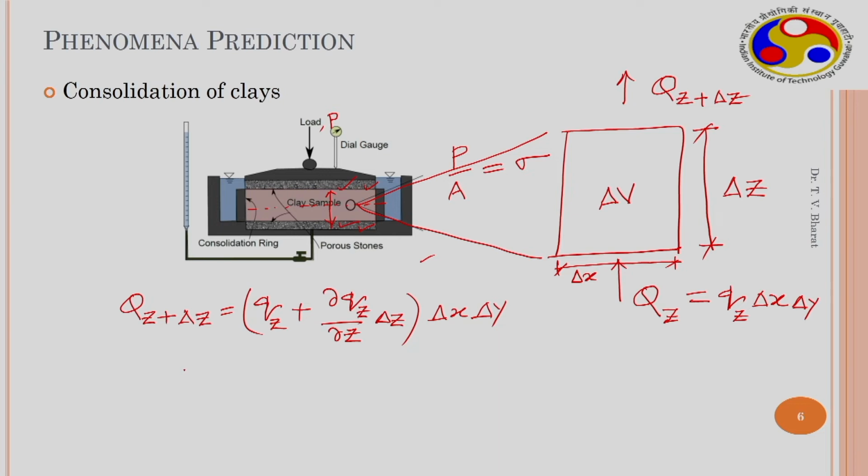So the change in the volumetric flow rate, delta Q, is dou q by dou z times delta x delta y delta z, which is nothing but dou q z by dou z times delta V, the volume of the element. This quantity is non-zero for transient flows. If it is a steady state flow, this quantity is 0, but here a transient, time-variant flow is taking place, where flow is dependent on time. This quantity is equal to the rate of